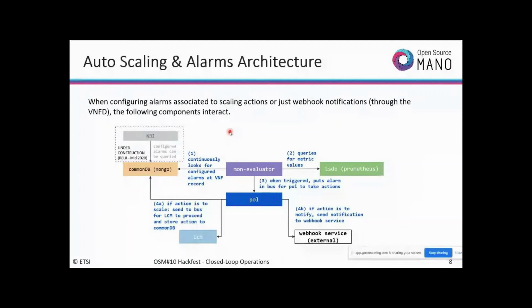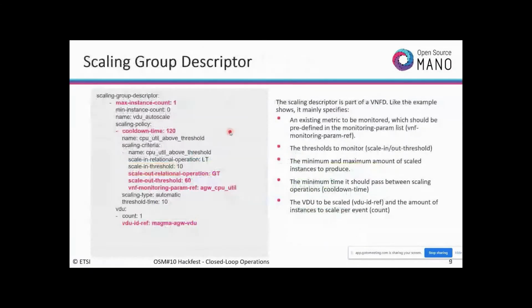Okay, this is the one. So I have to go to the VNF package, to the VNF descriptor, and if I come down,